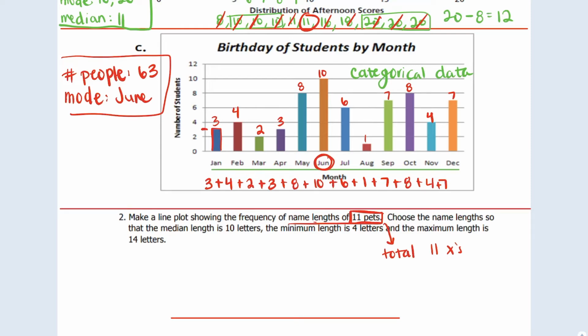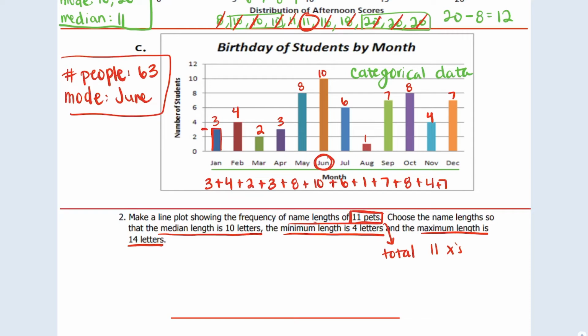Okay, so it says to choose the name lengths so that the median length is 10 letters. I'm gonna underline median length is 10 letters, so we want the median of our data set to be 10. Our minimum length is going to be 4 letters. So the smallest name is going to be 4 letters. And then the maximum length is 14 letters. Oh my goodness, what name is 14 letters? Anyway,